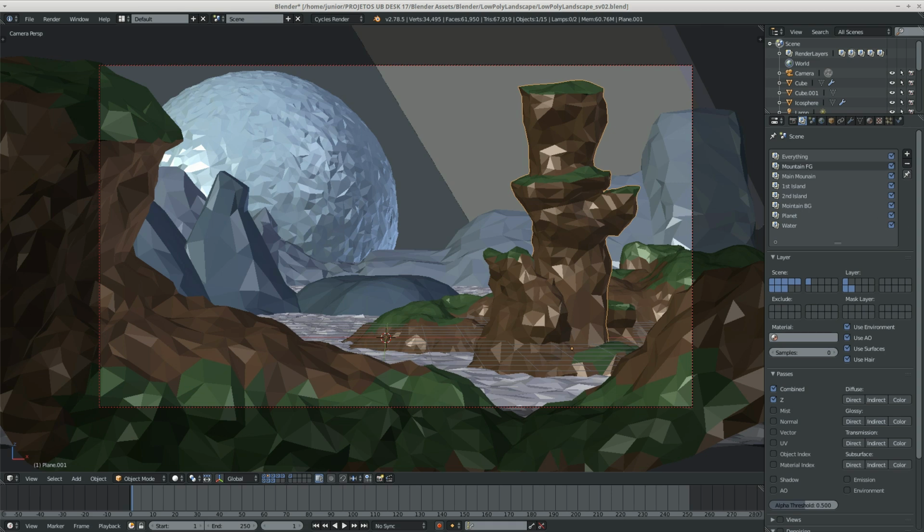Now, what are we going to need for each layer? What passes are we going to need? For the mountain foreground here, I think I'm going to need the combined. I don't need the Z pass. I'm going to need the ambient occlusion, maybe the glossy direct, and I think the same thing for each one of these. So main mountain,